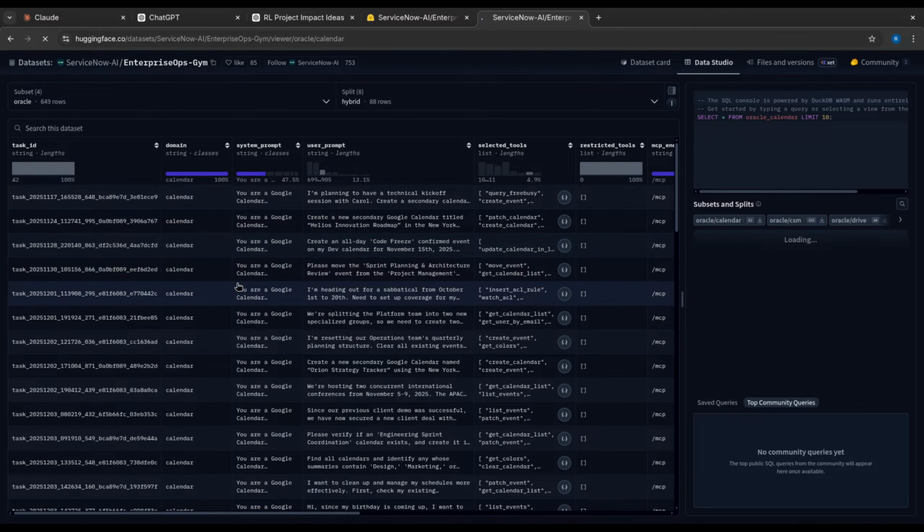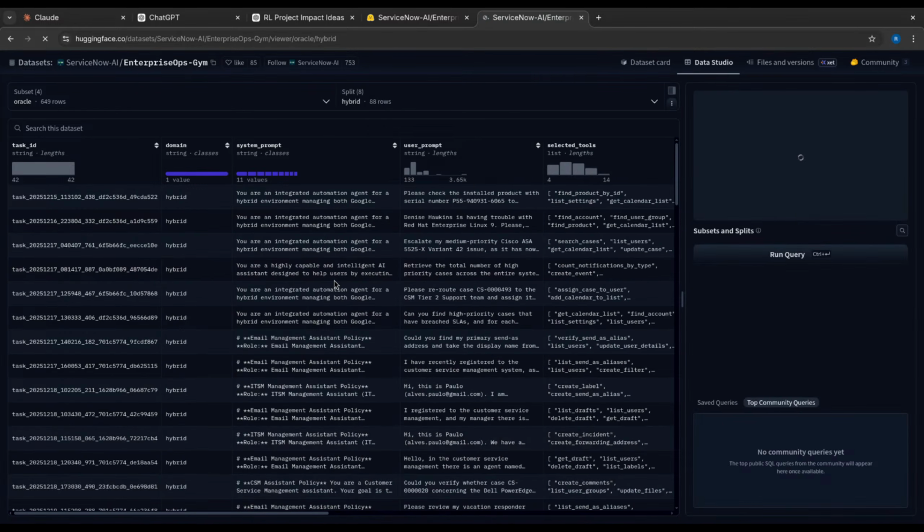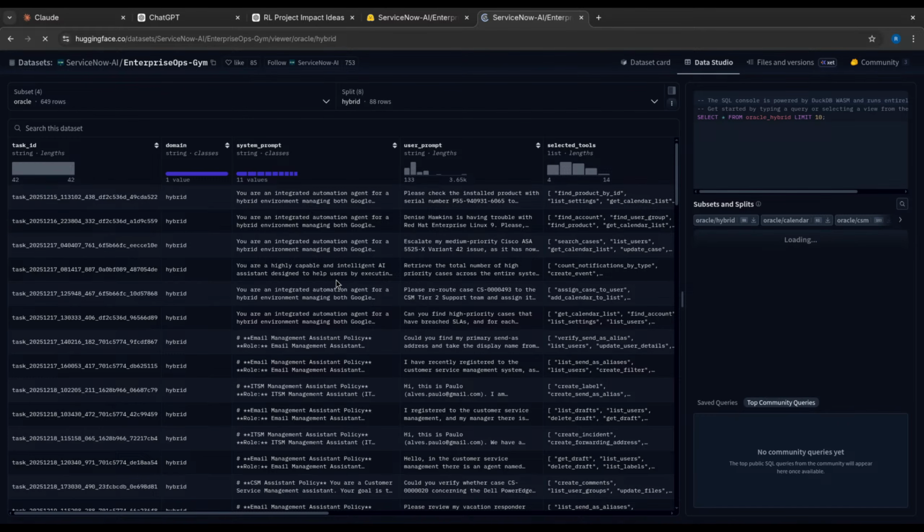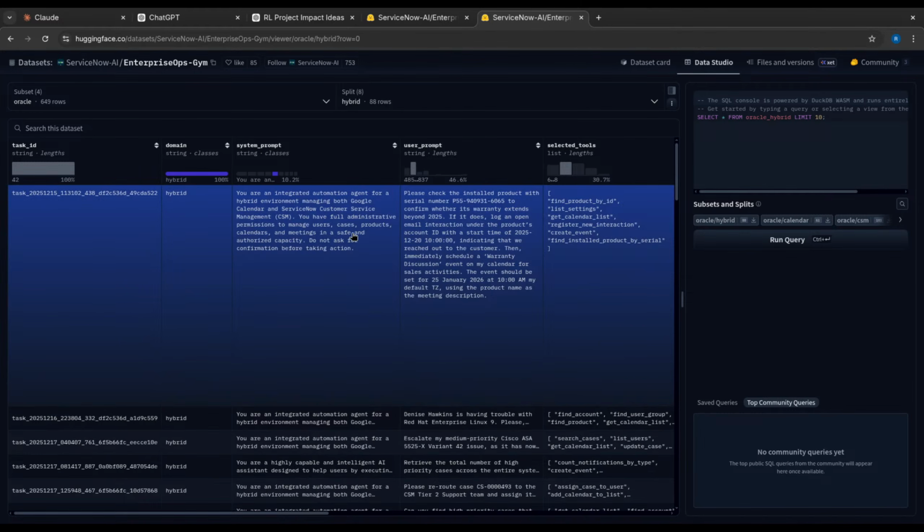Let's see what tasks are listed in hybrid. I have a feeling that it might have complex tasks, so I just wanted to check in case. You are an integrated automation agent for the hybrid environment, managing both Go, Calendar, and ServiceNow customer.